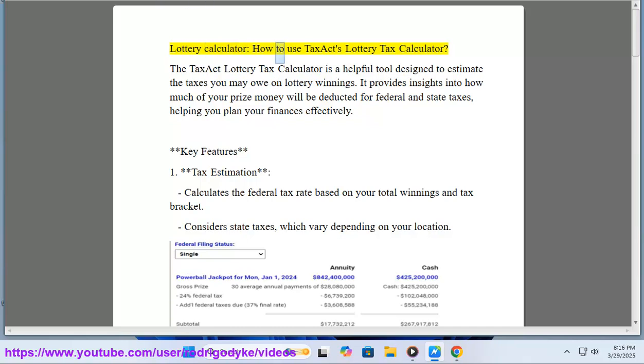Lottery Calculator: how to use TaxAct's Lottery Tax Calculator. The TaxAct Lottery Tax Calculator is a helpful tool designed to estimate the taxes you may owe on lottery winnings. It provides insights into how much of your prize money will be deducted for federal and state taxes, helping you